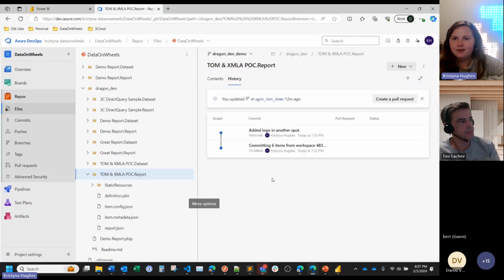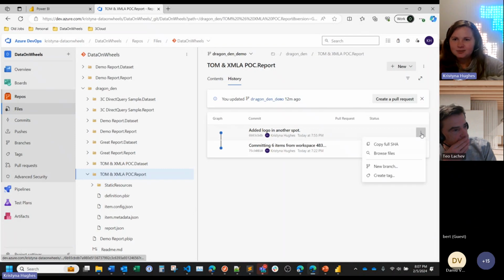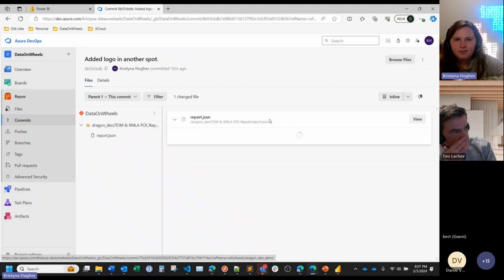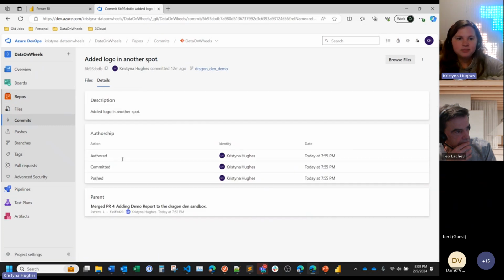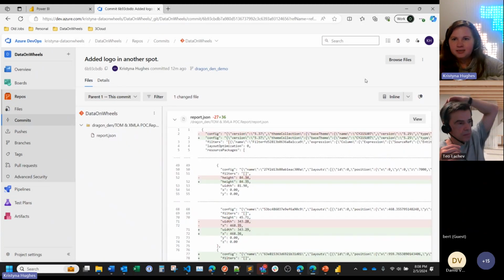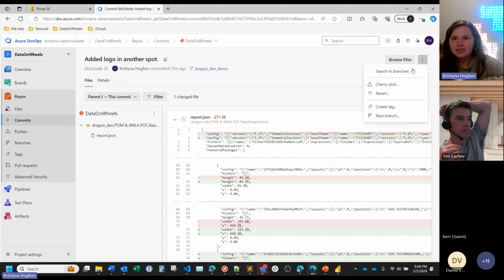Named Christina. No, but if I come in here and I hit these three dots, let me see if I go into this commit branch. So you see in here, I've clicked on it, and I'm now in a section called commits. I can go to details, I can see who did it, what changed. But the big thing you want to do is I can revert just right there. I just click revert,